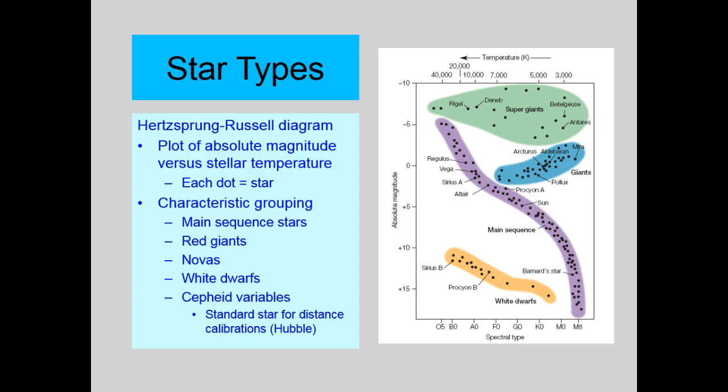Hertzsprung, seems like he was from Austria or somewhere. Let me see if I can find that so I can say it for sure. Denmark. Ejnar, or something like that. Ejnar Hertzsprung of Denmark and Henry Russell of the United States independently developed this